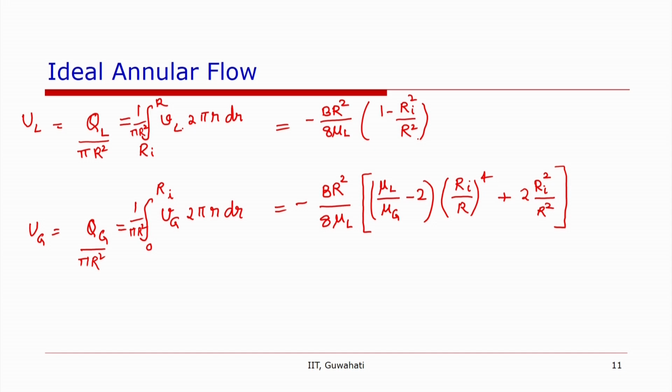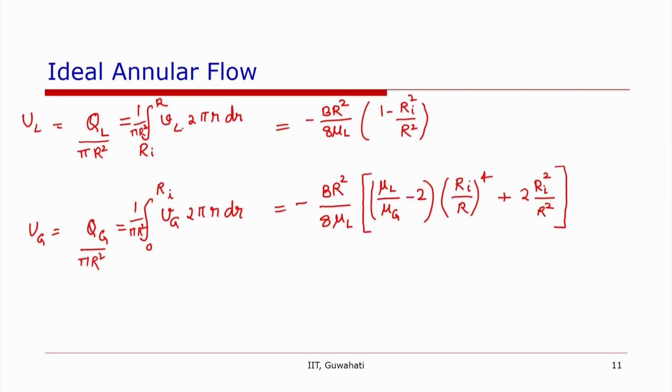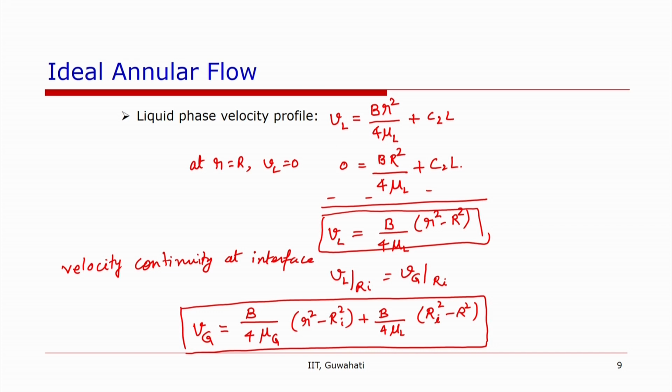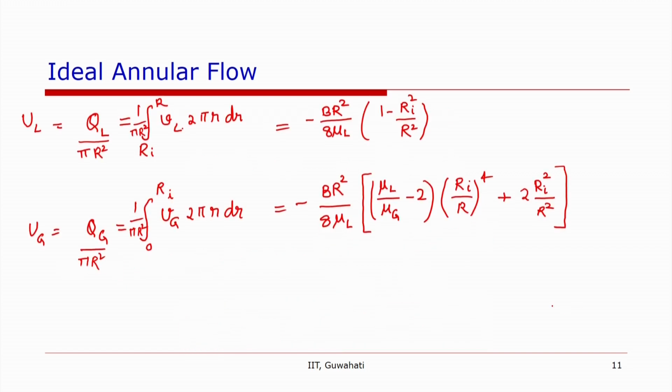So now in general, for any annular flow or for any experimental condition, in any experiment, what we will know is the gas and liquid flow rate. So if we want to obtain the velocity profile, the problem for us is that the velocity profiles are a function of B, which is the pressure gradient, and Ri, which is the interfacial radius. Now we do not know both of these,